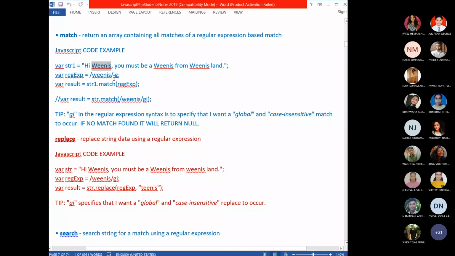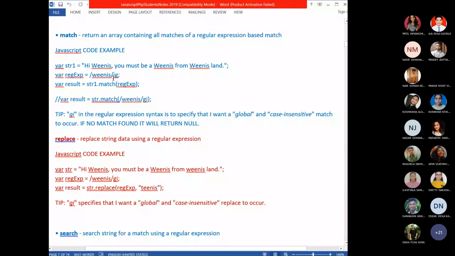But if you want to search the entire string even after finding matches, you have to write the flag G, global search. Global search means search till the end of the given string. So even if it finds a match at the beginning, it will continue searching till the end of the string. So that is I and G, case insensitive and global search.